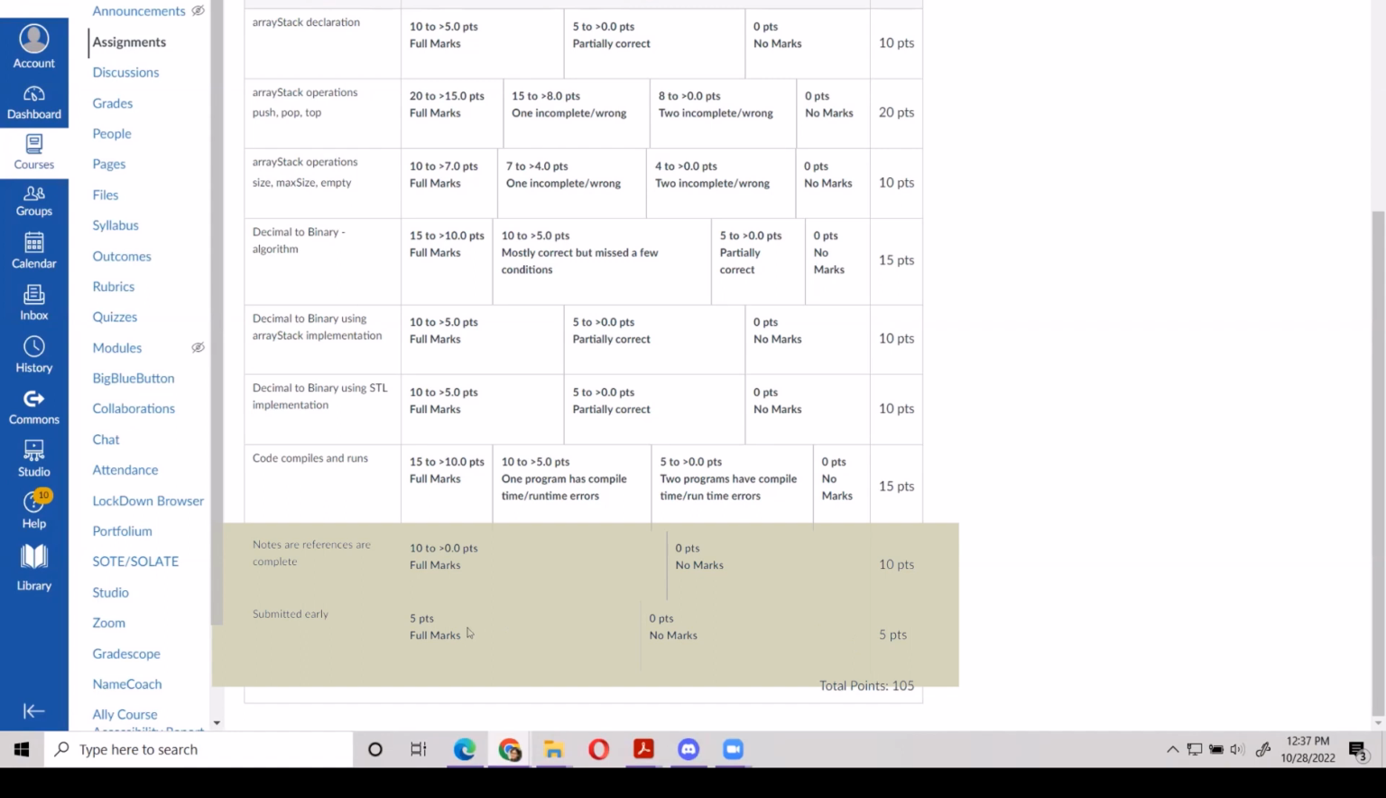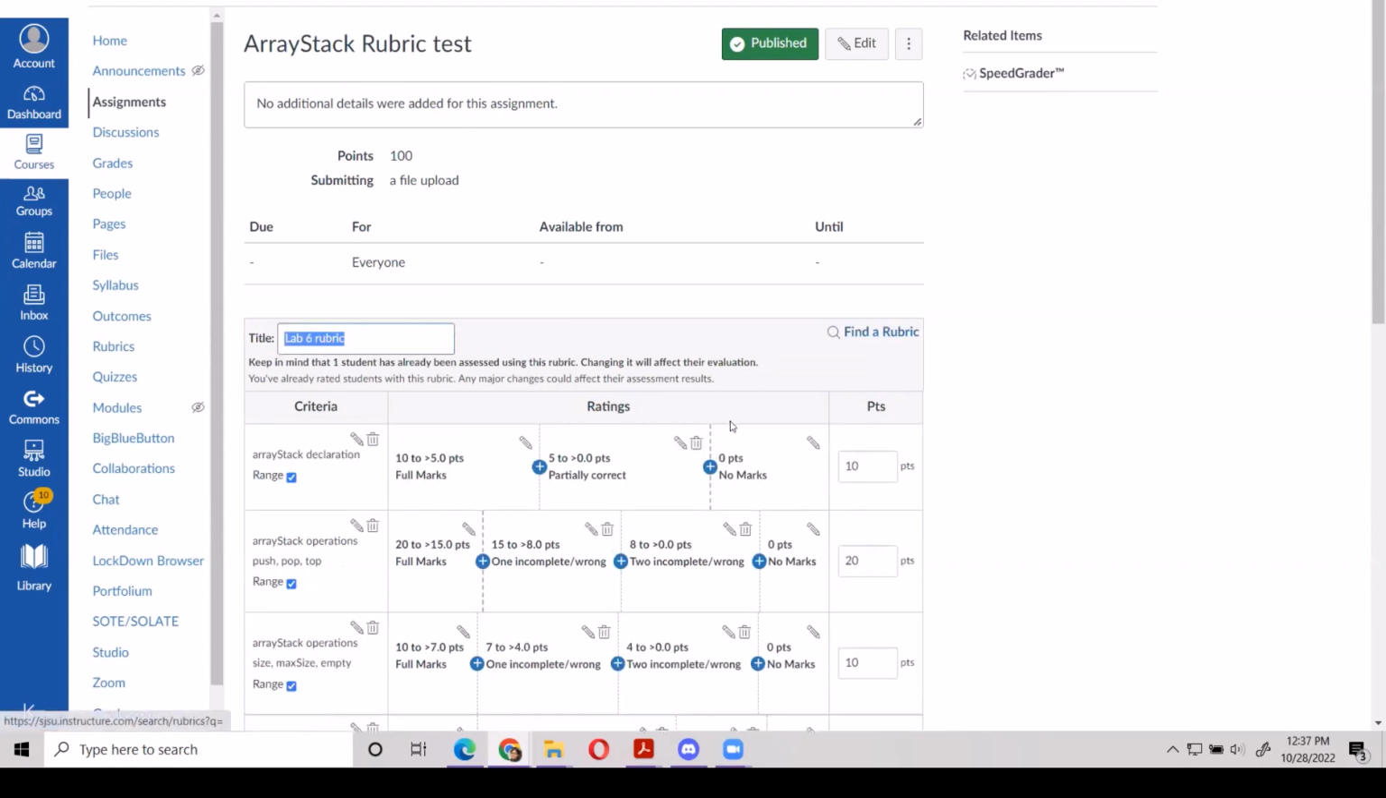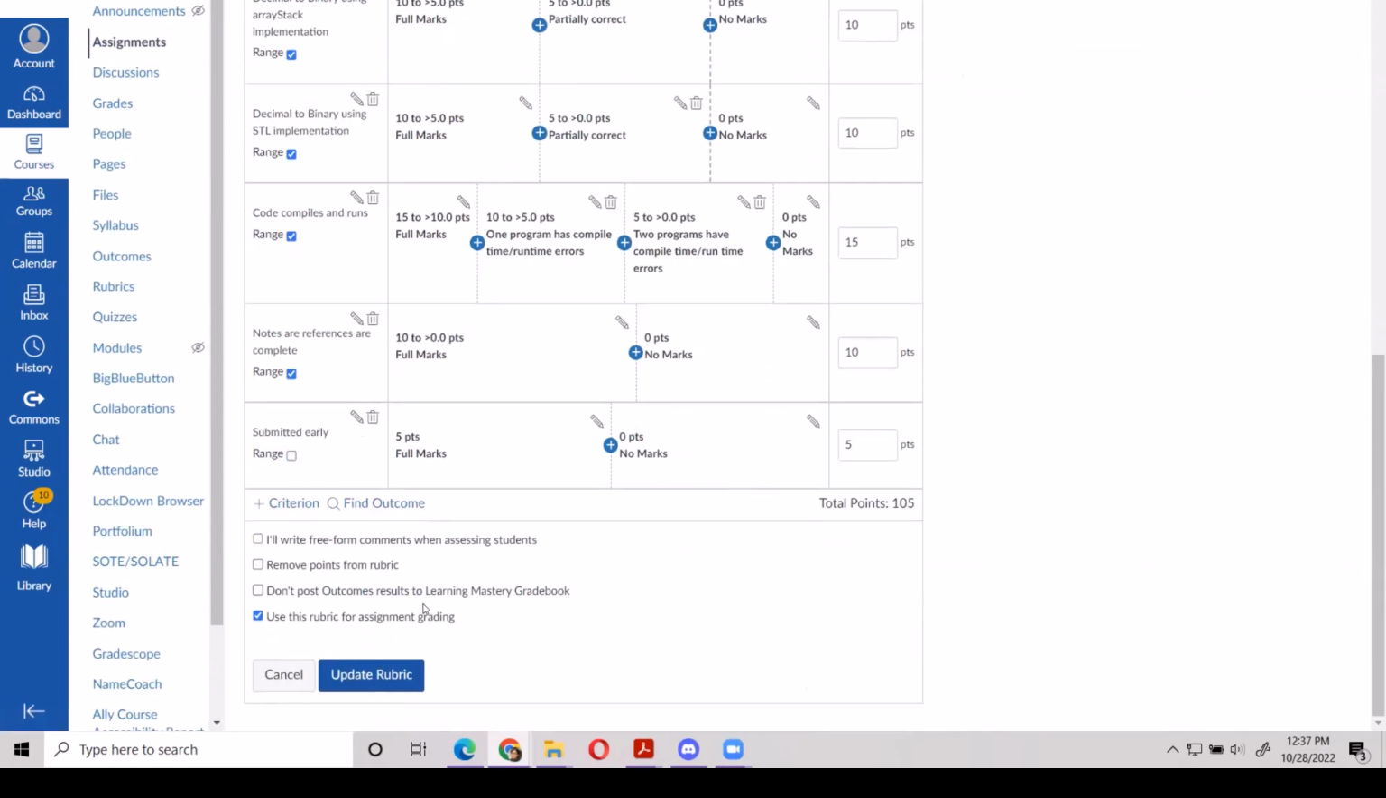So if they submit before a particular deadline that's say 2 or 3 days earlier than the actual deadline, they get 5 additional points. So now this rubric totals up to 105 points, whereas the assignment is worth only 100 points. So the way we can use something like this is when we use this rubric for assignment grading and then we update the rubric,